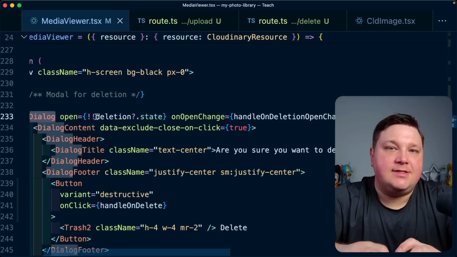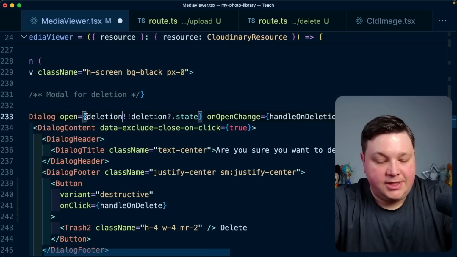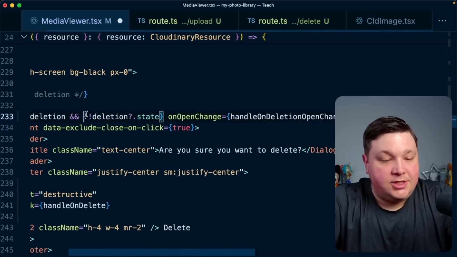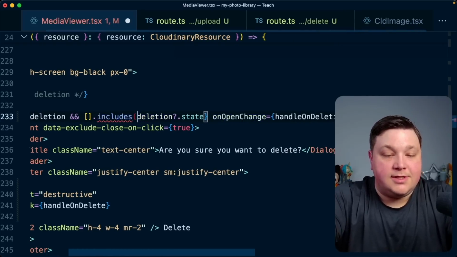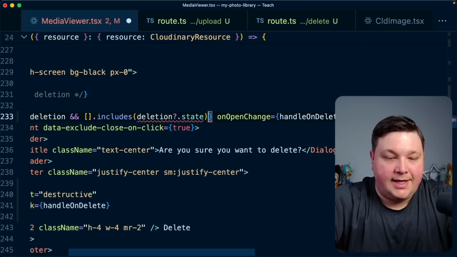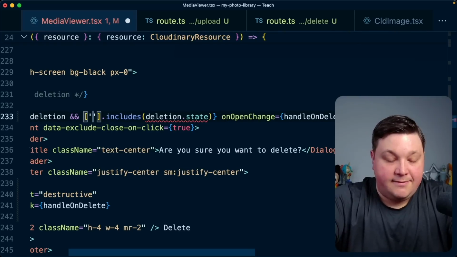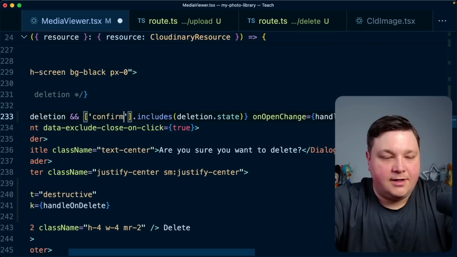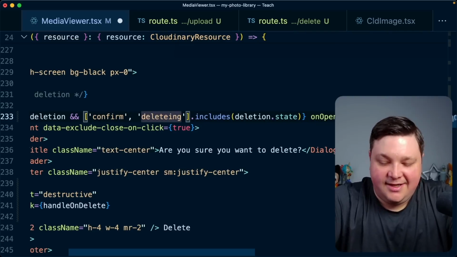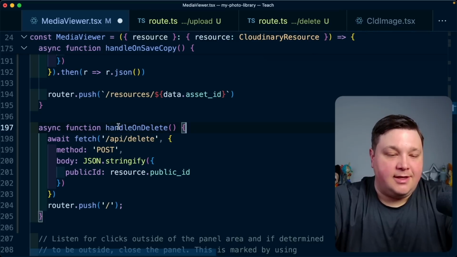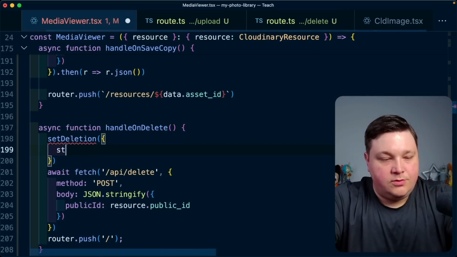Currently, if the state is defined, it's going to be open. So the first thing I'm going to do is say if deletion and the deletion state, and we're going to use that array includes again, like we did before. I can get rid of that optional chaining because we're checking for it first. But let's add, first of all, I think it's confirm. And then let's add another one of deleting, where I added an extra E there. But then when we're actually triggering that handle on delete, let's set deletion and we'll set that to our state